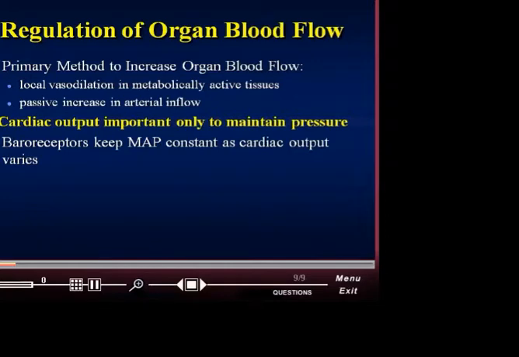Accordingly, cardiac output within this context is only important in order to maintain an arterial pressure adequate enough to maintain autoregulation of blood flow. Regrettably, what happens is when cardiac output falls, baroreceptors maintain mean arterial pressure by increasing vasomotor tone to maintain perfusion of the heart and the brain at the expense of the